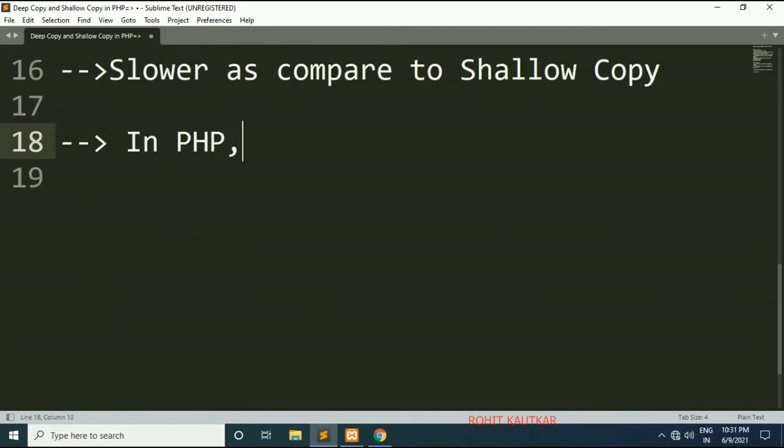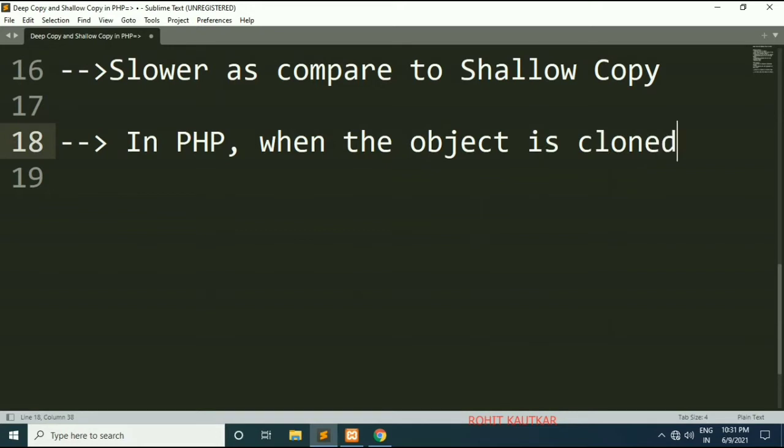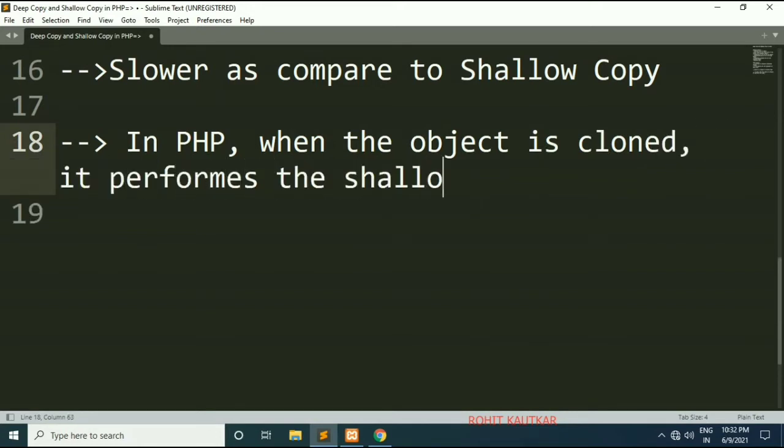So in PHP, when the object is cloned, it performs a shallow copy. That's why in shallow copy, if there is any property that is a reference to other variables, then it will remain a reference.